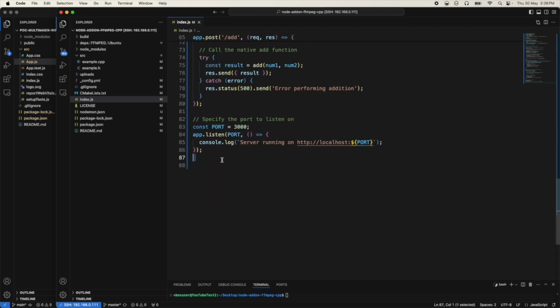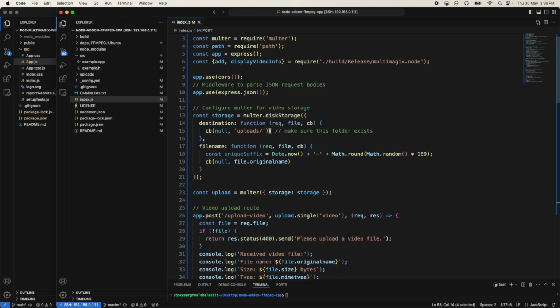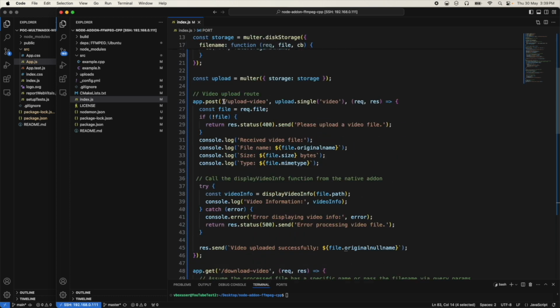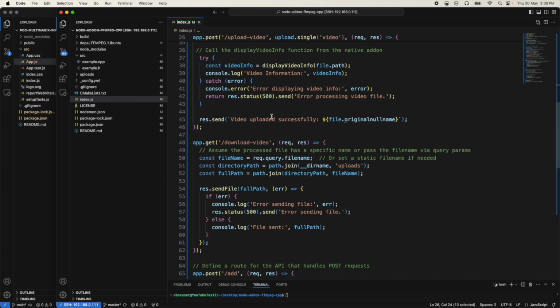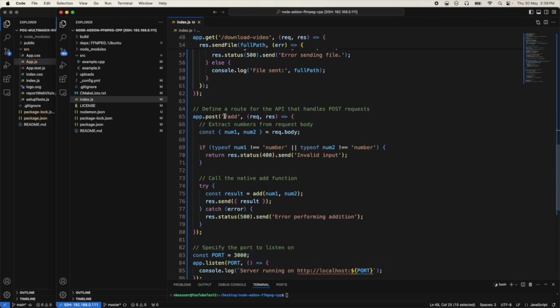If you see here, this is a server which keeps on listening on the port number 3000. Okay, so we have some APIs. One API is to upload video, another API is to download the video, and this is kind of a